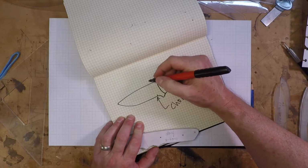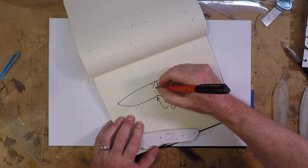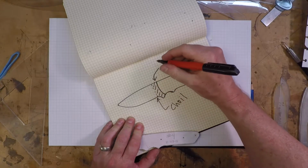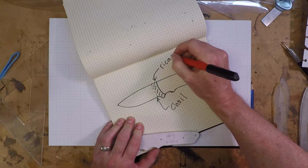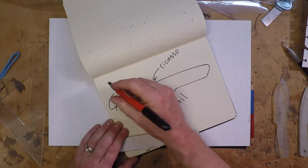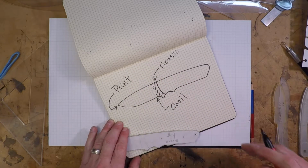There's the front of the handle. Between the choil and the handle is maybe the most important part. That's the ricasso. It's like home base. It's the place that all the rest of the knife should be based off of, and it should be pretty flat and square. And here's the point, and I draw that because in this we'll talk a little bit about